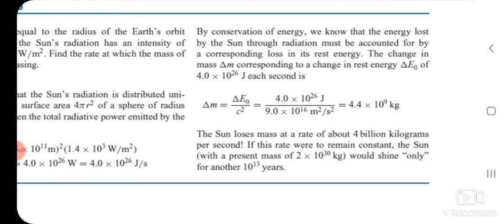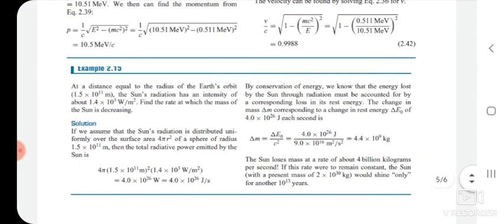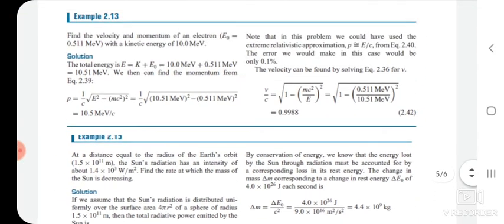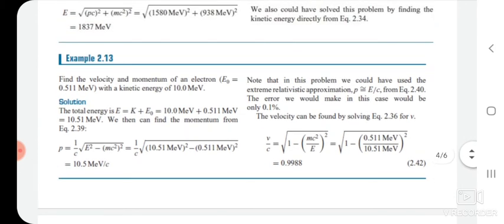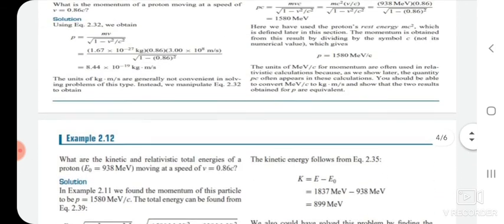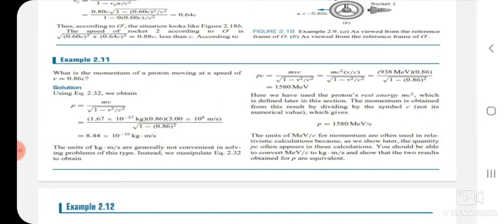The outer layer starts expanding, an explosion will occur, and the center core of the sun remains, and that center of the sun acts as a white dwarf. Okay, these are the different problems. Such kinds of problems can be solved with the help of the special theory of relativity.